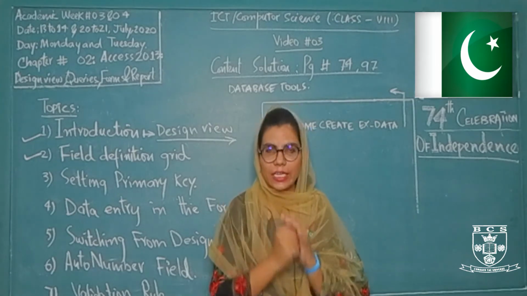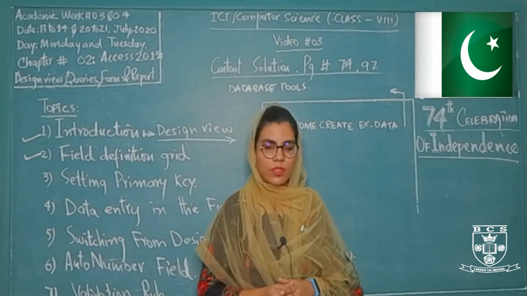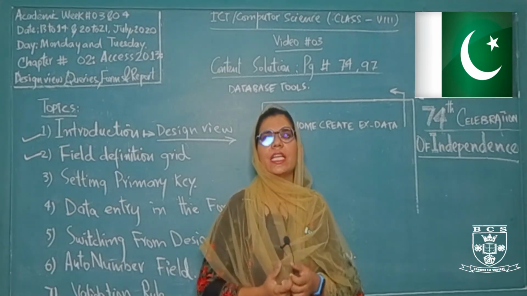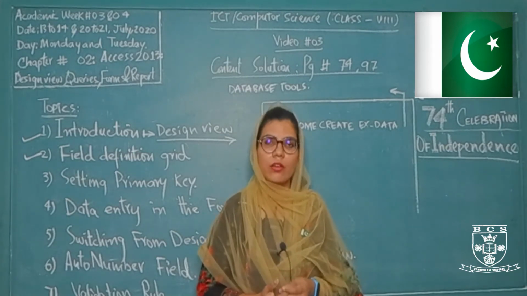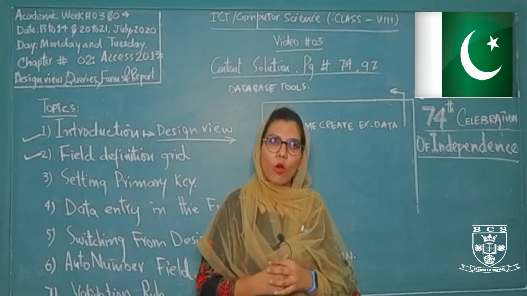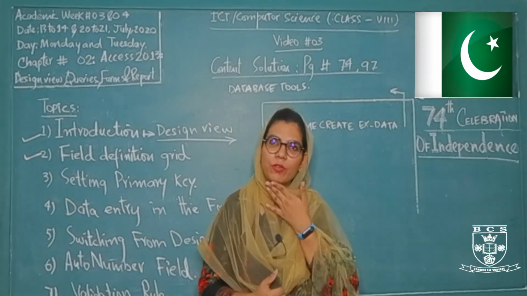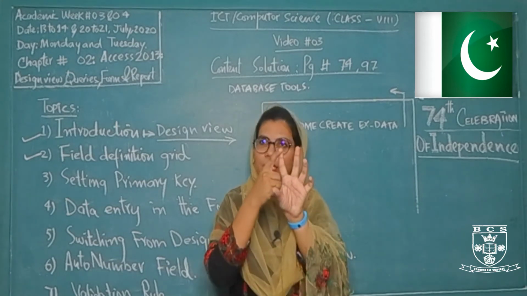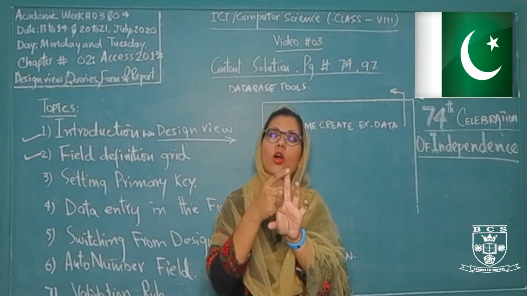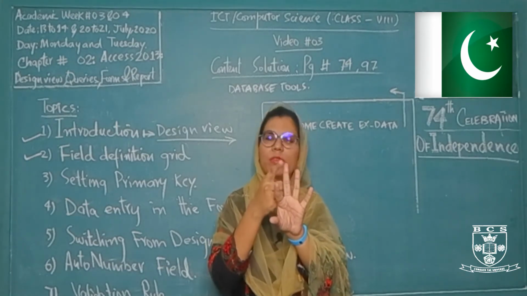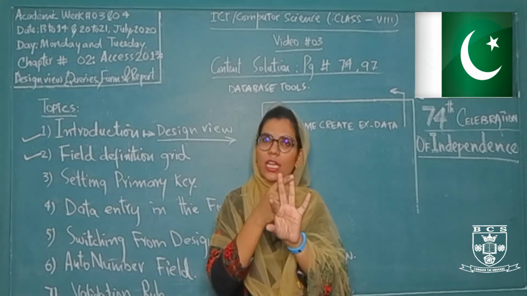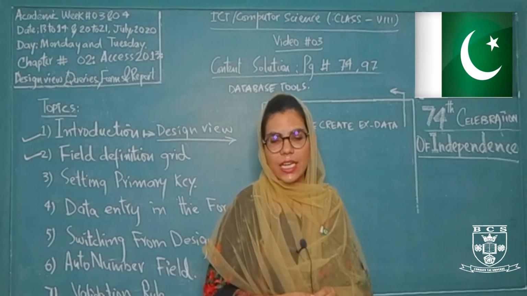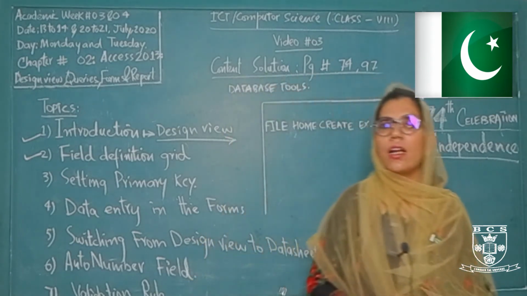So as I click on my table button, a table will be created, and the table will be created in your data sheet view. Now if I want to create my table in the design view, I will follow the same steps. Means I will firstly click my create tab, then I will click on my tables group, then I will click not the table but the table design. As I click on the table design, a table is created in the design view.